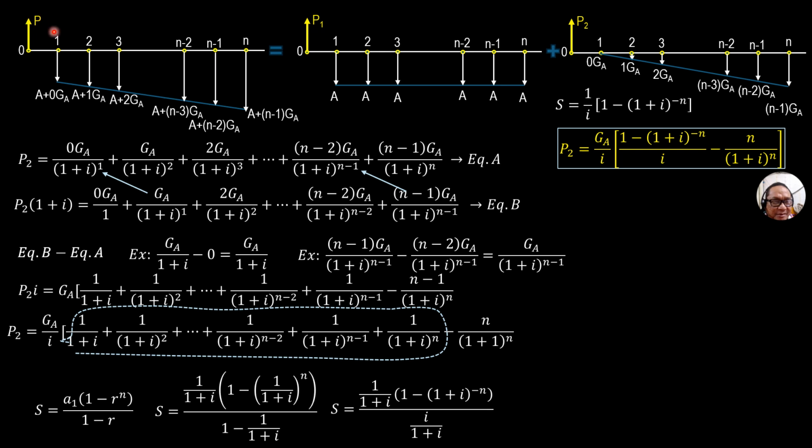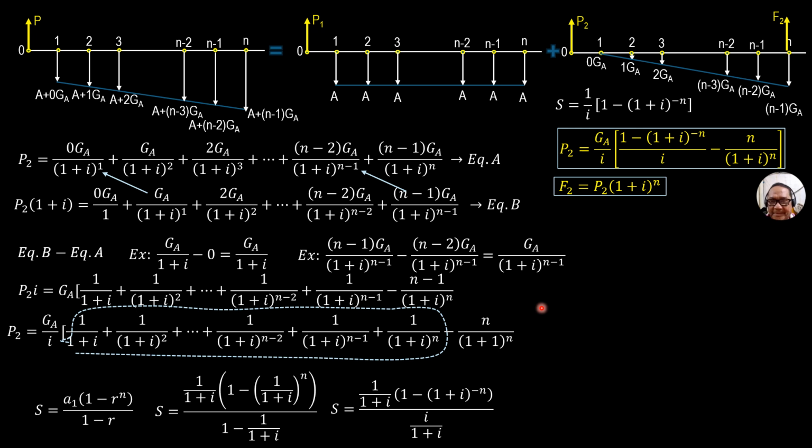Likewise, this present worth is equivalent to P1 plus P2, where P1, remember, is A over i, quantity 1 minus 1 plus i to the negative n, present worth of annuity, and the future worth is P sub 2 times 1 plus i to the n. You multiply this by 1 plus i to the n. I will not mention it because you will be bombarded with so many formulas. This is enough if you want to memorize, but there's another technique in order not to memorize this. The suggestion in the preceding slide that I made.